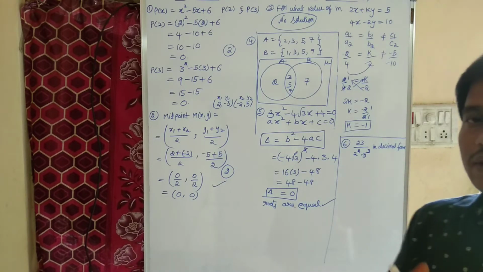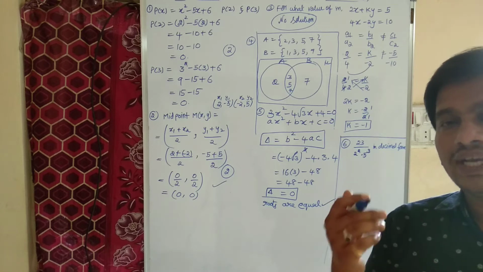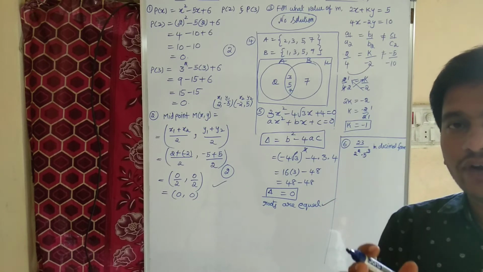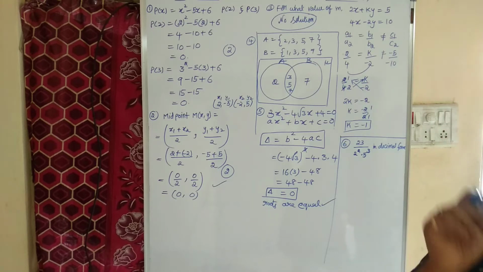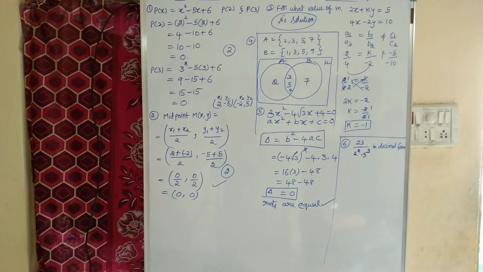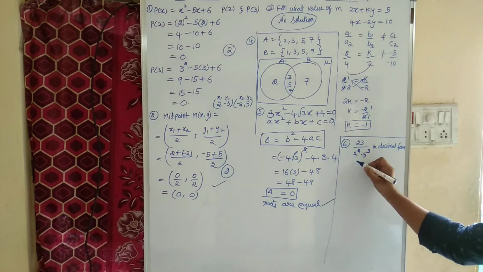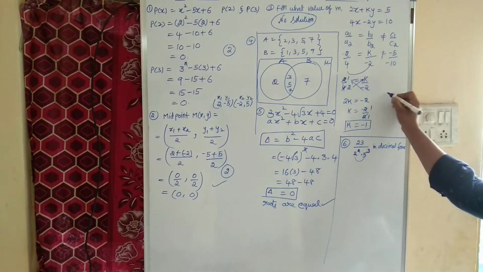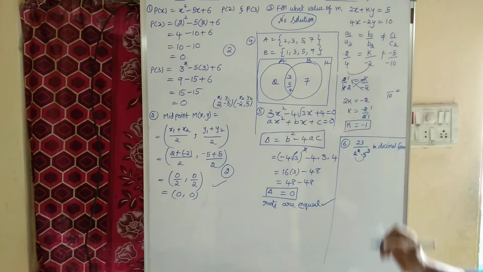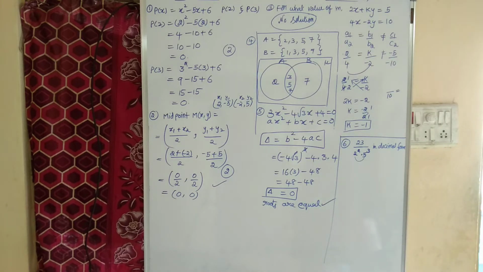We know that if the denominator, I mean if q is in the form of 2 power n into 5 power m, it is a terminating decimal. It is a terminating decimal. See here, as the factors are 2 and 5, if I multiply 2 into 5, I'll get 10. If the denominator is 10, easily we can express it in decimal form.